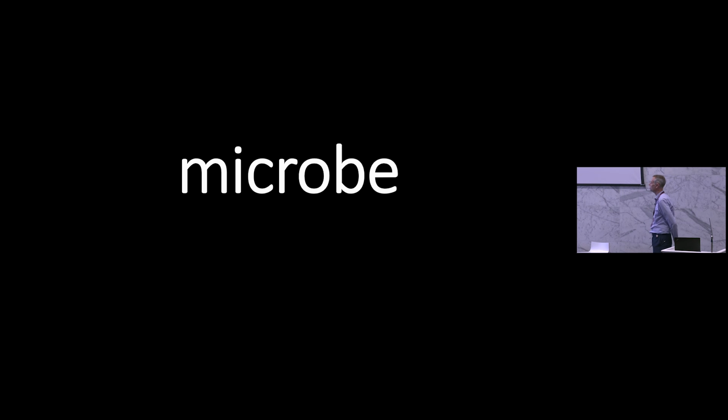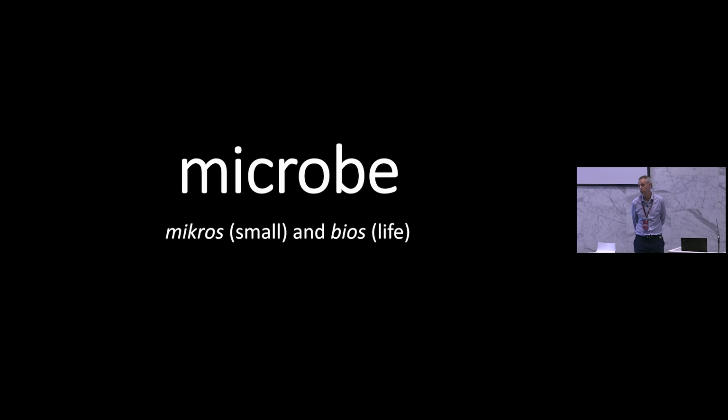So, just to start with, what does microbe mean? Just very, very simply, what are we talking about? Well, it's from the Greek, and it literally just means small life. When we're talking about microbes, we're just talking about things you can't see with your naked eye, stuff that you need a microscope to see. Until the microscope was invented, we were somewhat naive to the fact that most of the life on Earth we can't see. In fact, the great majority of life on Earth is microbial, and we'll explain a bit more about the things that they do and why they matter.